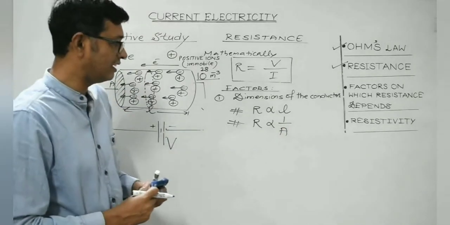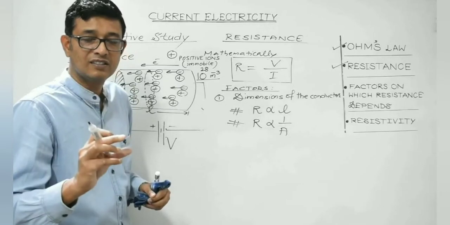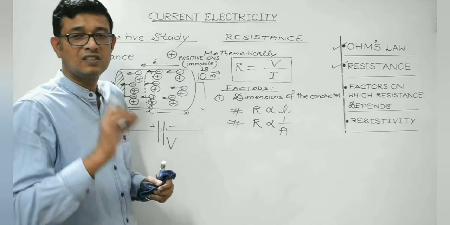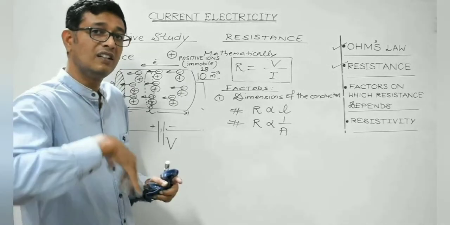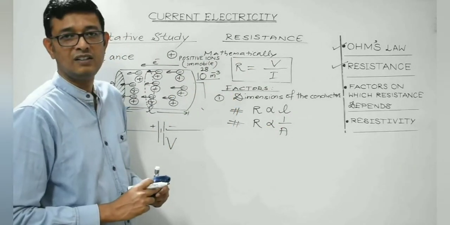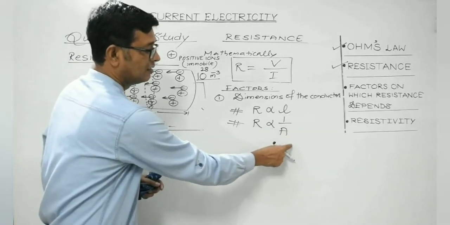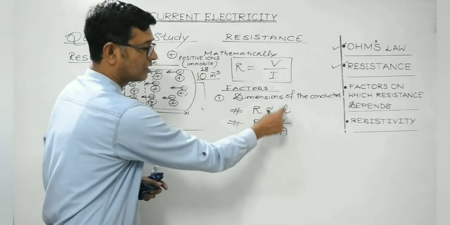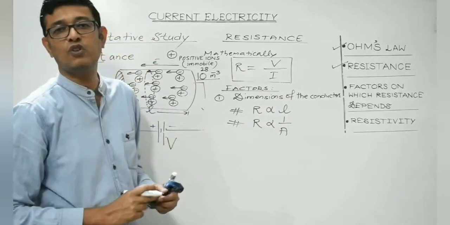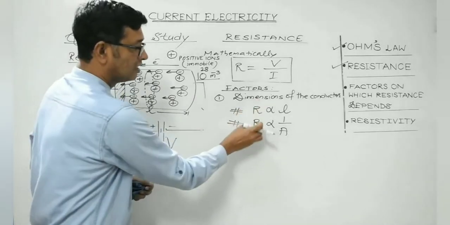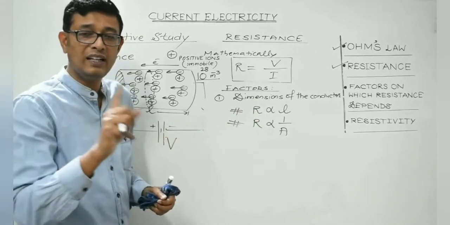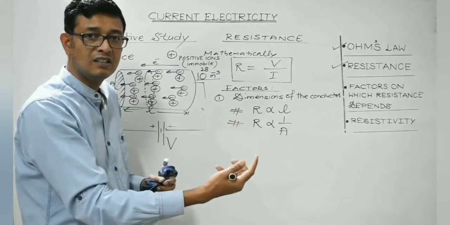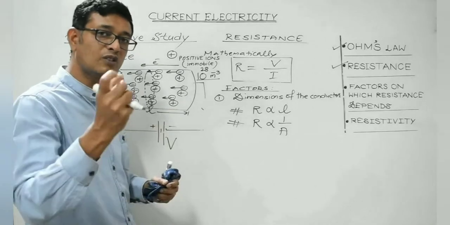What I mean to say is that thick wires offer less resistance. Thin wires offer large resistance to the flow of current. So smaller the area, greater will be the resistance offered. Larger the cross-sectional area of the conductor, thicker the wire, lesser will be the resistance offered by the conductor. So resistance of a conductor depends upon length and its cross-sectional area. It is directly proportional to the length of the conductor and it is inversely proportional to the cross-sectional area of